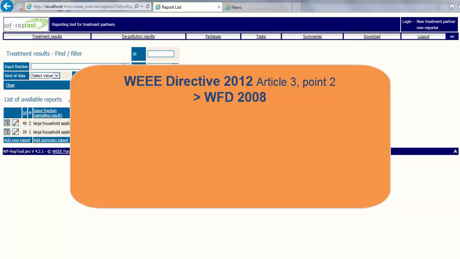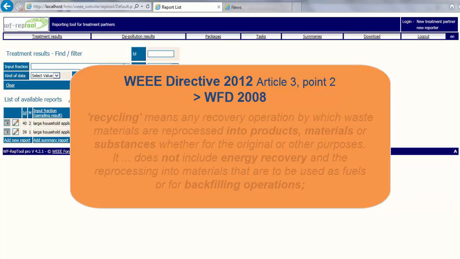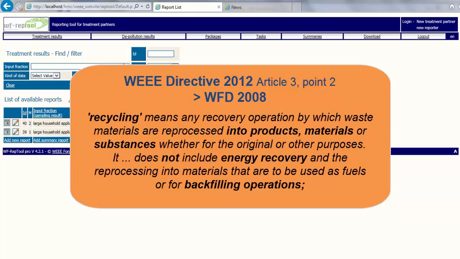In the Waste Framework Directive 2008, there is a stricter definition of recycling given, which says recycling means any recovery operation by which waste materials are reprocessed into products, materials or substances, whether for the original purpose or other purposes. It excludes backfilling operations by definition.